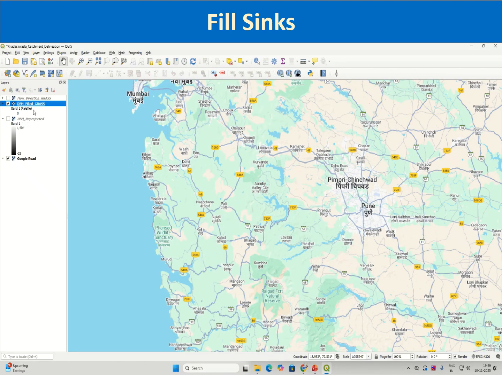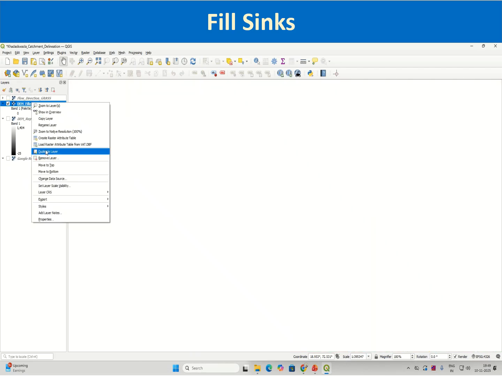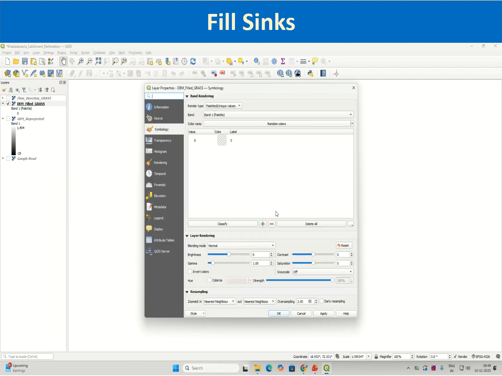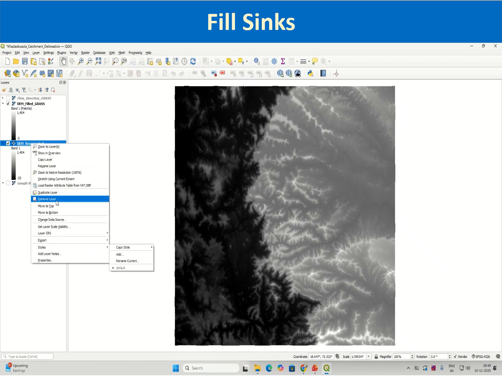In case if you are seeing nothing in DEM field, don't worry, it is because of the visualization parameters. You can go to right click and go to symbology, and you can see the render type is paletted or unique values. You can change it to single band gray, as in the case of DEM layer, the original layer and DEM reprojected, and then click on apply. Then you will get the field DEM. So this is the depressionless DEM that you have generated. Now you no longer require this DEM reprojected. You can right click and remove this,